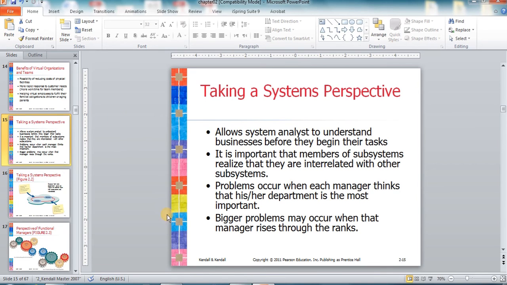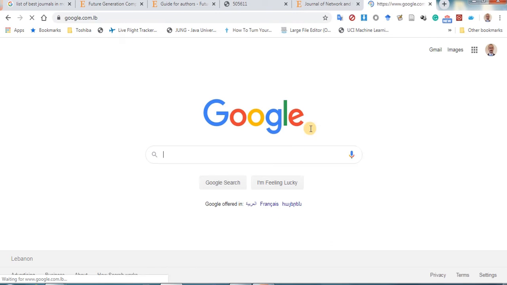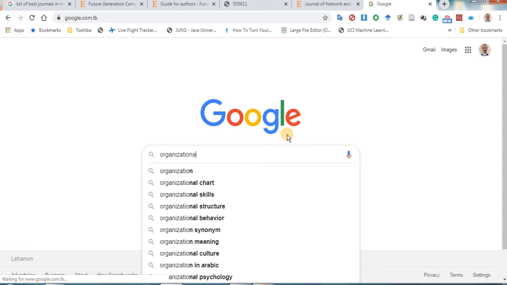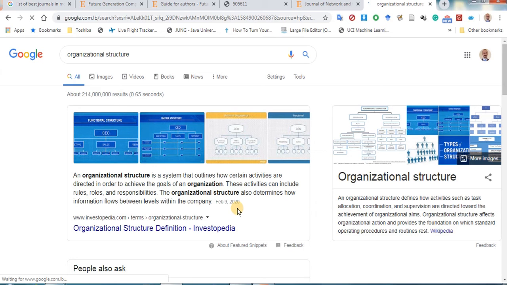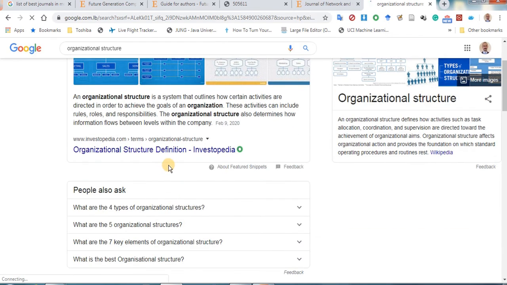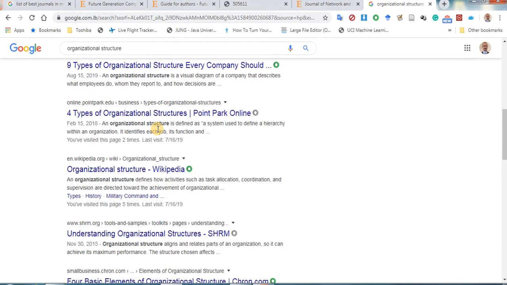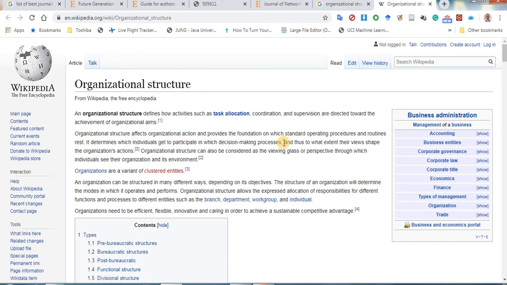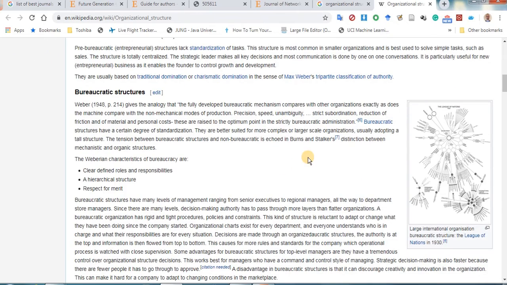So this is a homework for you, for your general knowledge. Go to Google and search about organizational structure. You will see that this is a very famous topic. You will find many articles on Wikipedia and other business websites that will allow you to know more about organizational structure. This is very important for the software engineer to understand, because the organizational structure gives an overview